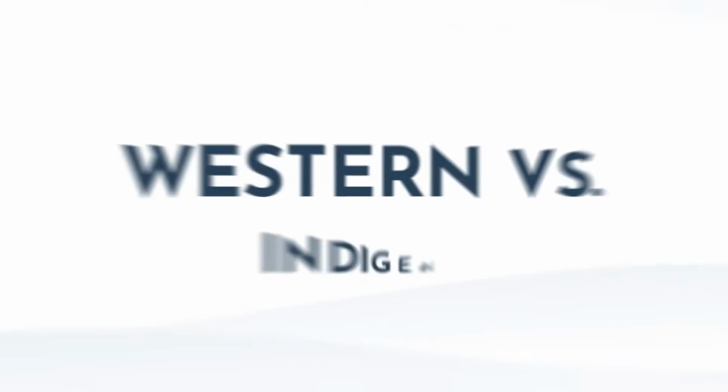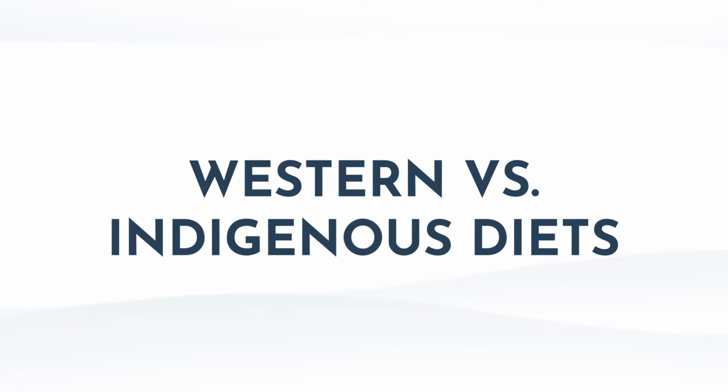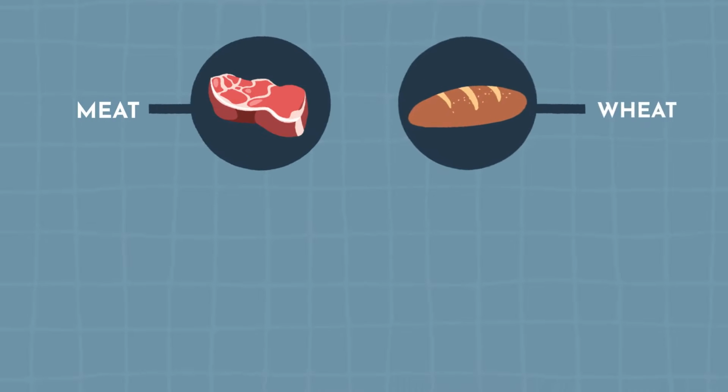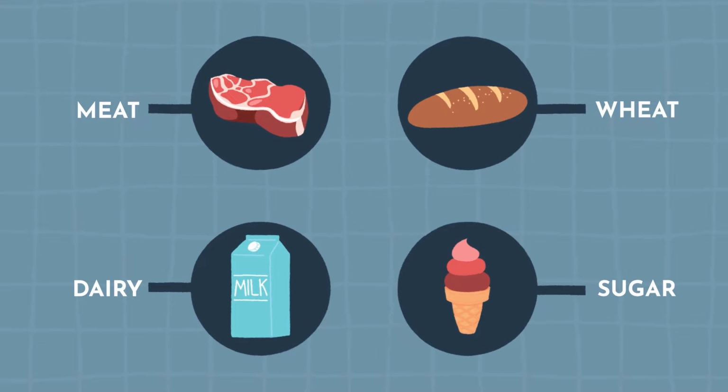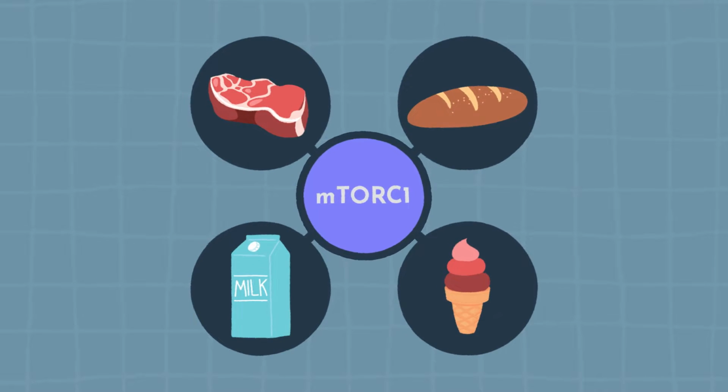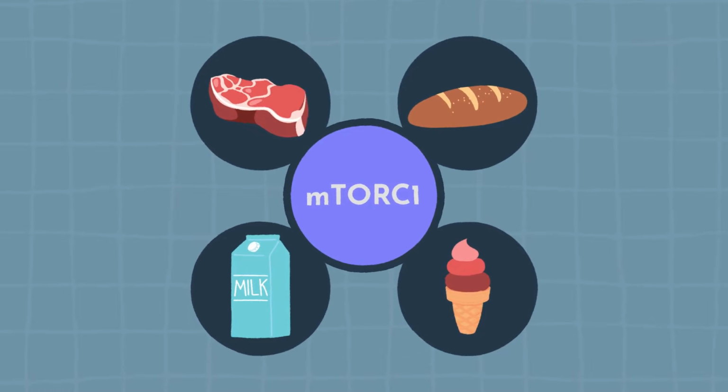What is going on? Well, of course, our Western diet is very different than an indigenous diet. And we mentioned the 4 things that we love more than anything in a Western diet are meat, wheat, dairy, and sugar. And as it happens, all 4 of those things are really going to push on the mTOR pathway. And as it happens, these things are either not eaten or not eaten in abundance in indigenous cultures. So our food sources are completely different, Western versus indigenous. And we do think that this is a big driver of the mTOR pathway and why we see acne in Western society and not indigenous cultures.